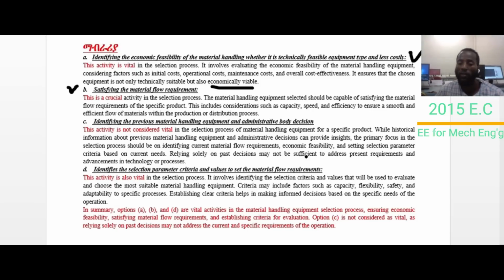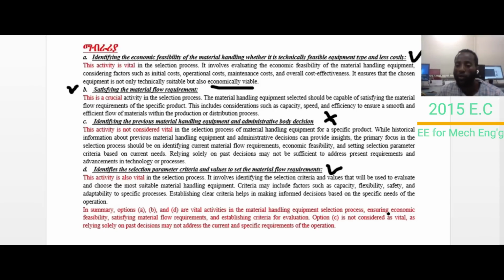So it involves identifying the selection criteria and values that will be used to evaluate and choose the most suitable material handling equipment. And this criteria may include factors such as capacity, flexibility, safety, and adaptability to a specific process. So this is also a vital activity. This is also a vital activity, but this is not the important or crucial activity. So from this, the ideas on choice A, B, and D are vital activities in the material handling equipment selection